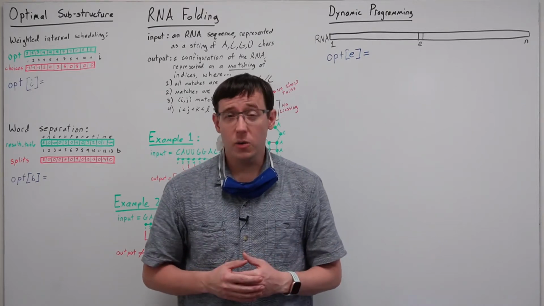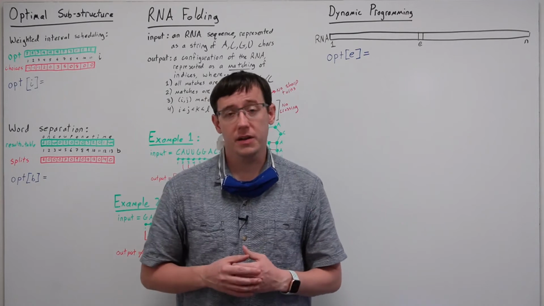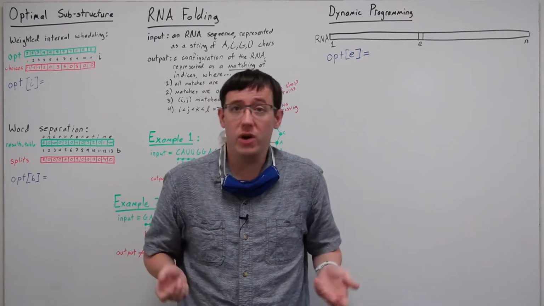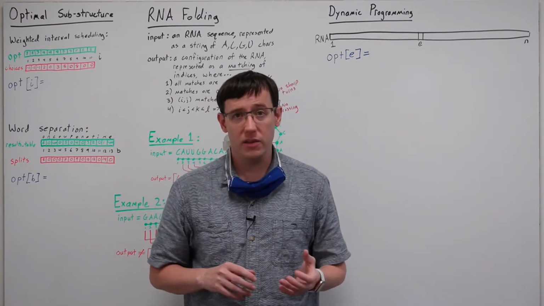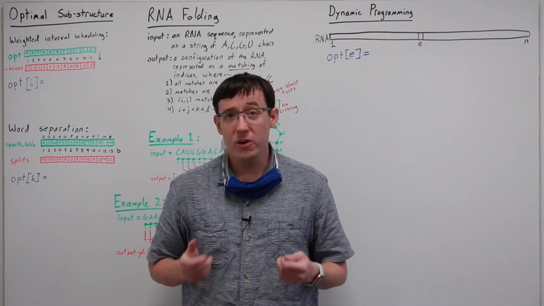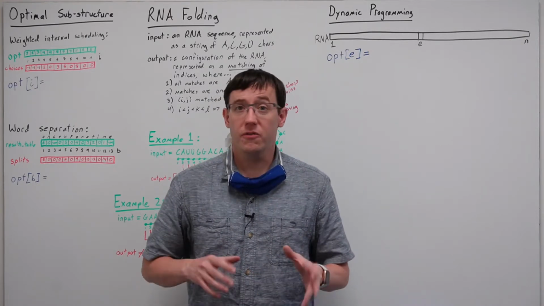My goal in this video is to highlight the idea of optimal substructure in dynamic programming problems, including how it relates to both top-down and bottom-up algorithms, as well as how it generalizes when we have more than one dimension of subproblem. We'll primarily do this in the context of an RNA folding problem, but first I'd like to think